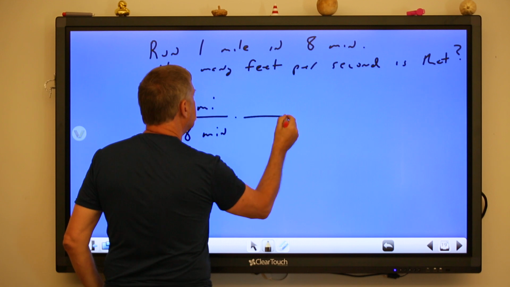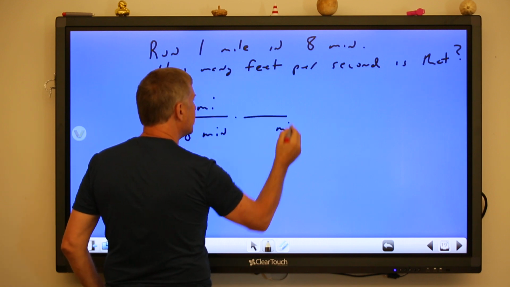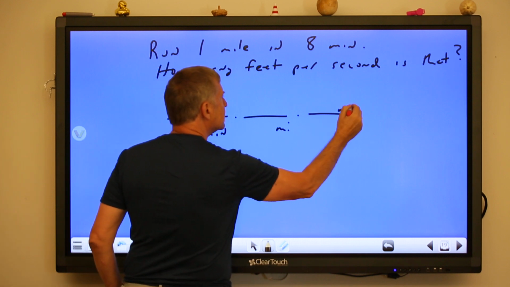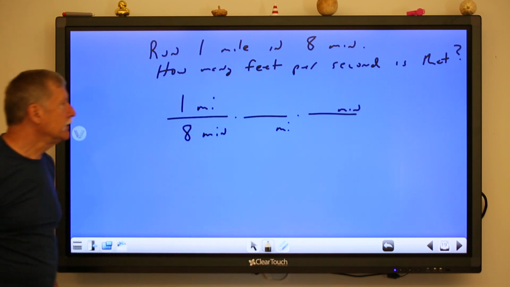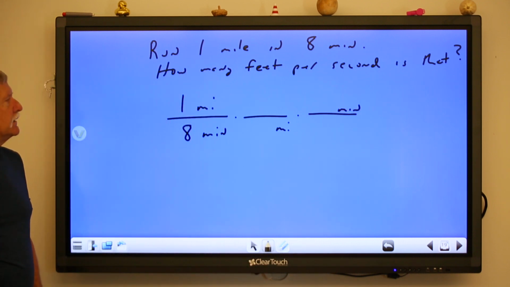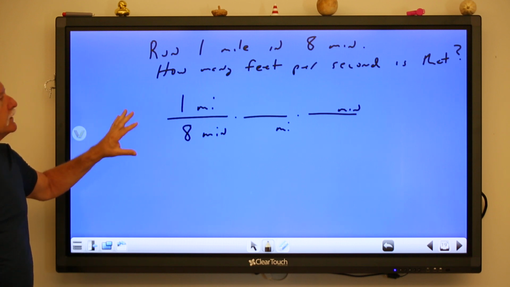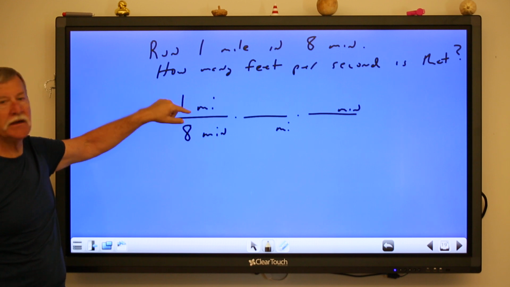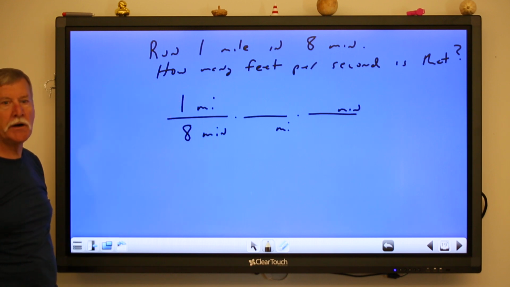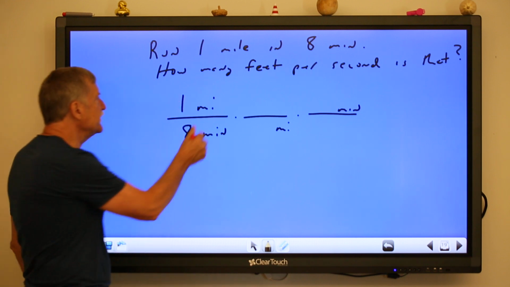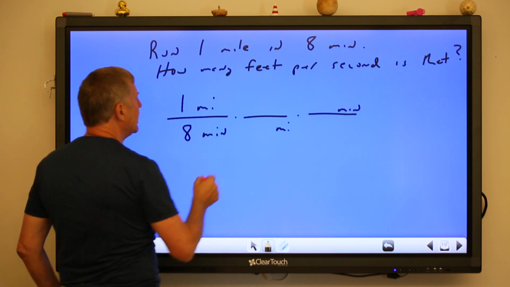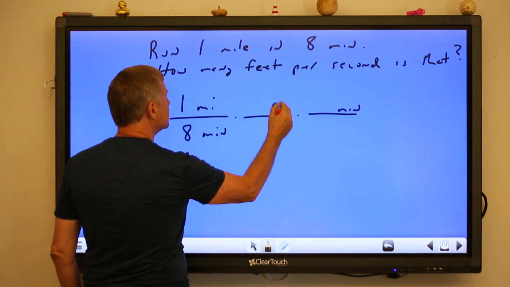So we can get rid of miles by putting miles down here, and we can get rid of minutes by putting minutes up here. You see how that works? It's all in how you set it up, all right? And it's important that when you write the fractions, make sure you include the units so you know where you're at. It becomes quite visible that the miles are going to cancel and the minutes are going to cancel. And miles we want to change to feet,